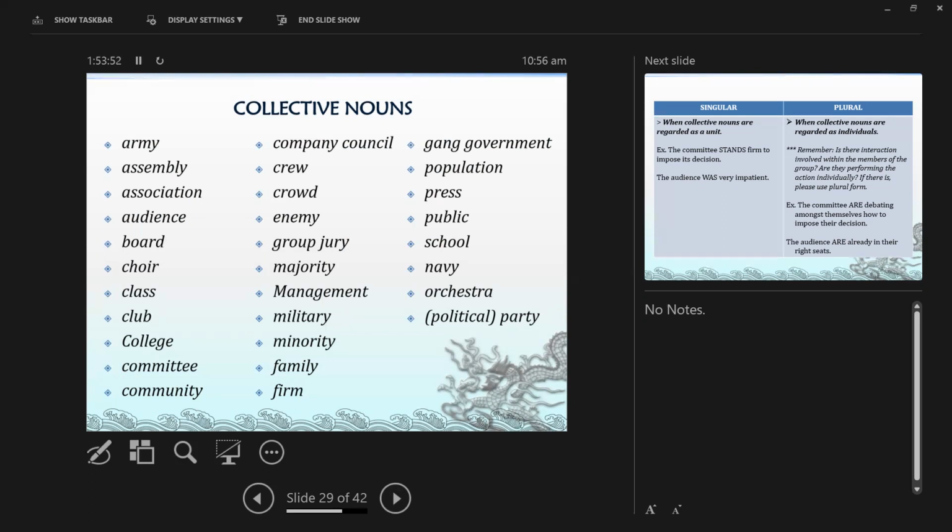Ibig sabihin, ako yung manager. Let's say I'm the manager of Jollibee, alright? So, I need to talk with my crew. I have to have a meeting with the crew. Meaning, I'm pertaining to all the people in the crew. All my staff. Okay? Pag sinabi ko namang, I want to have a meeting with a crew member. So that's talking about one person only, crew member. So that's the meaning of collective nouns. It's a group of many people in one.